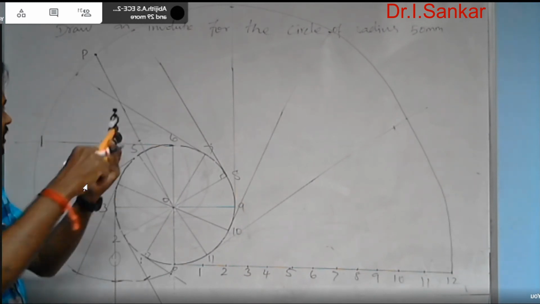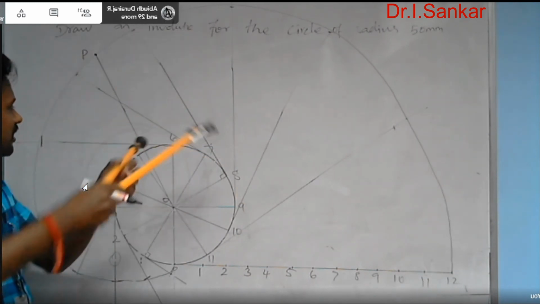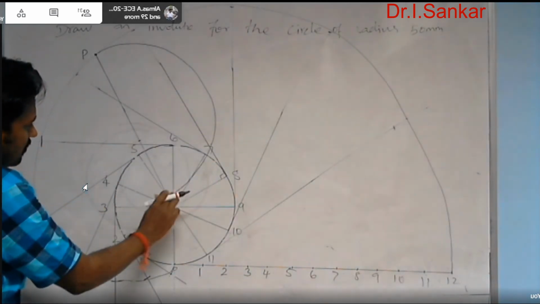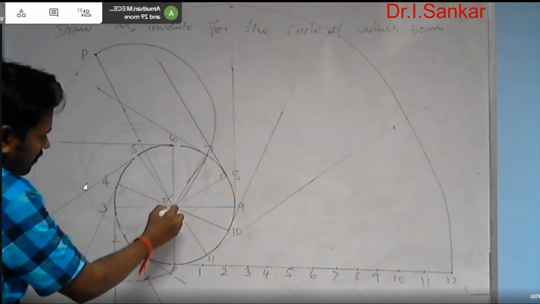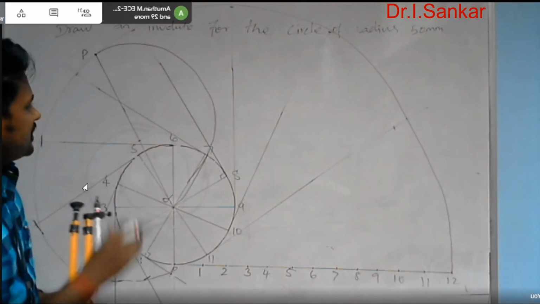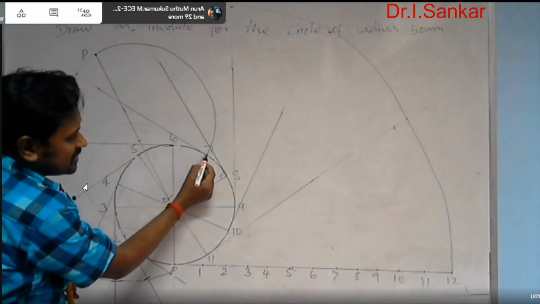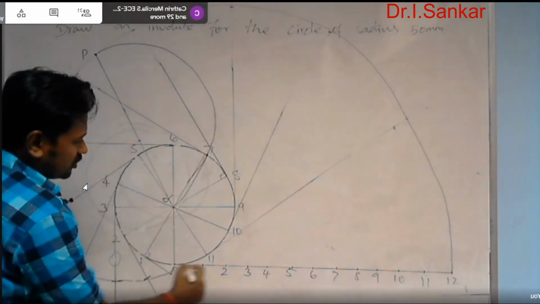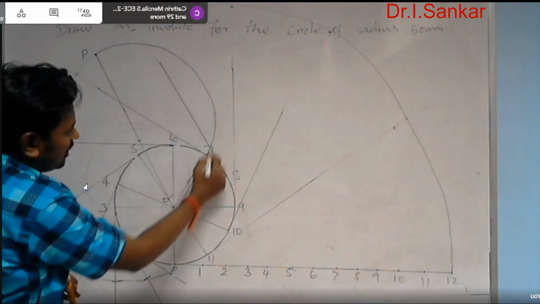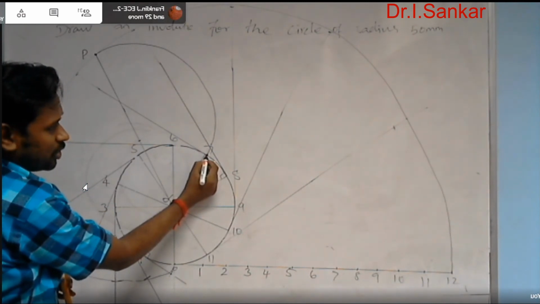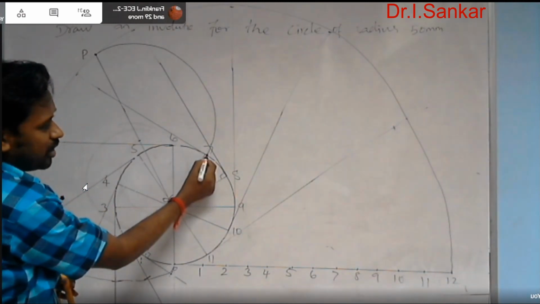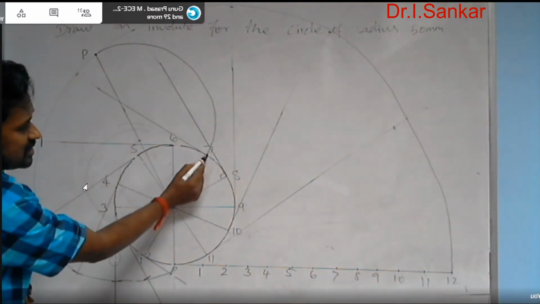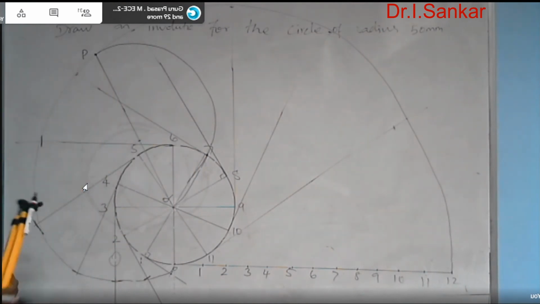And after marking the center, by using our compass, just draw a semicircle. See here in this way. You can draw a semicircle. This semicircle will cut the circle at a point. This is actually our generator circle. This generator circle and this semicircle will intersect each other in a particular point. Say in this point, these two are intersecting with each other. So after marking this point, now connect this intersecting point and the point P by using the scale.